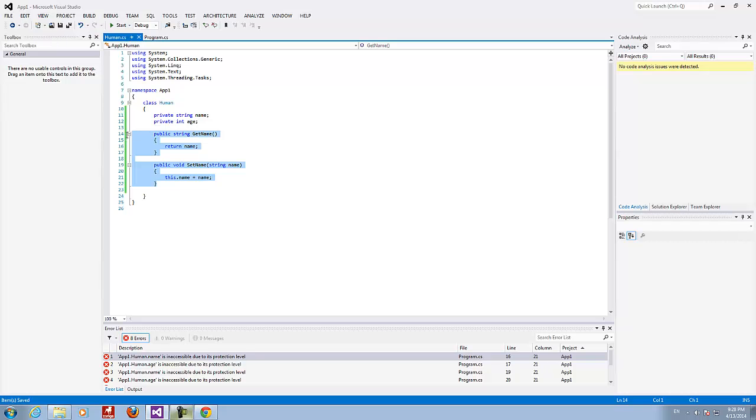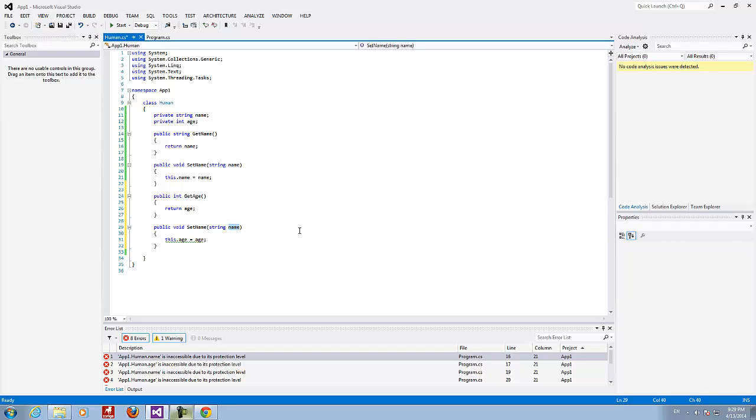Okay, so right now the property has been represented by a couple of methods, getter and setter, call it accessory methods. I will do the same for another property, age. Age, of course, this is integer, return integer, oops, not string, of course, age, and here is gonna be age, and again we will assign to this field age.